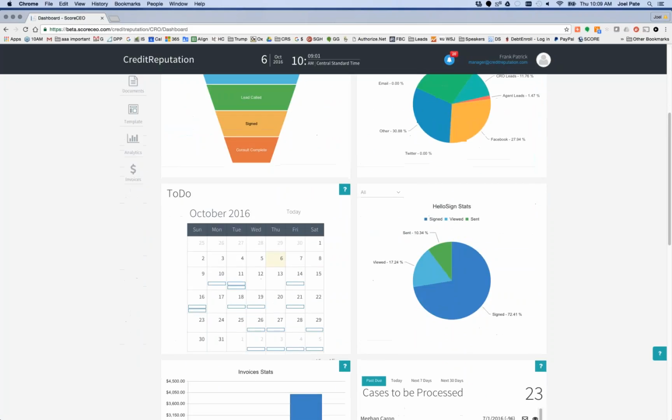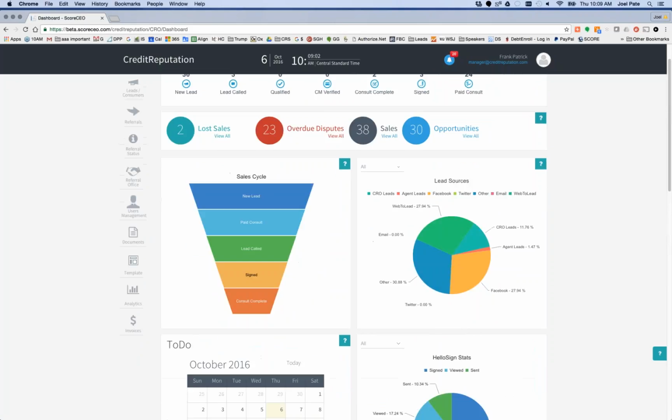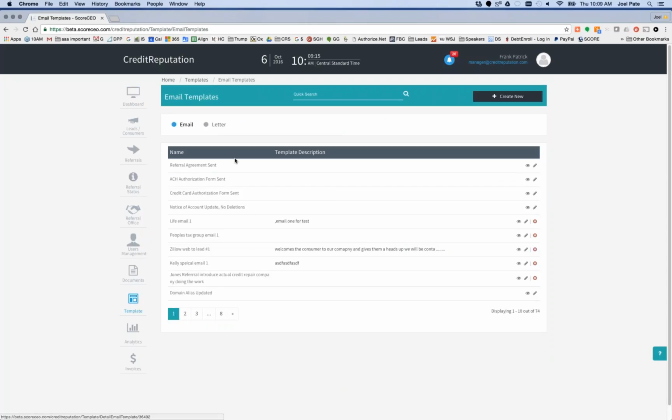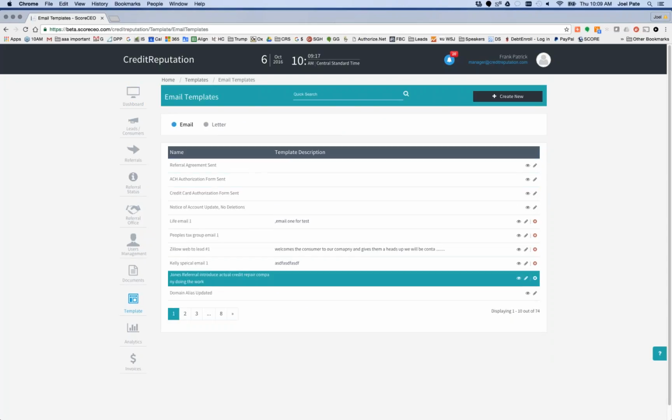Now let's stop there and talk about why we did that. Why did we build into the system the ability to build campaigns, marketing campaigns, and to connect the email templates that would be the different campaigns' content? Well, we did it because we've been in this business for 6 years now,